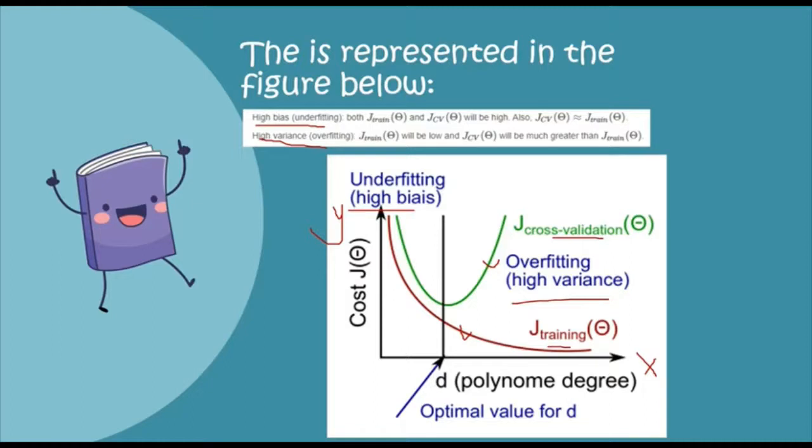So as we can see, this plot helps us understand the error. We want to minimize both errors. So how do we apply this for diagnostics? What we can say is if cross validation error is high,